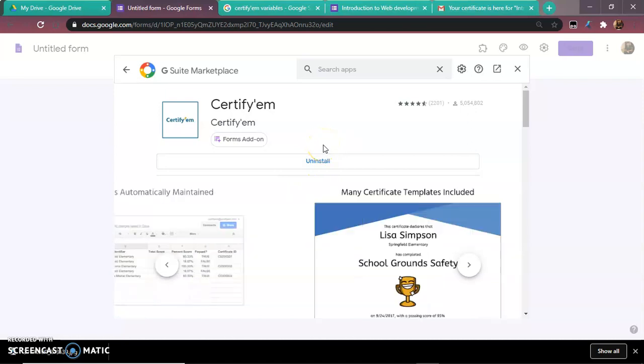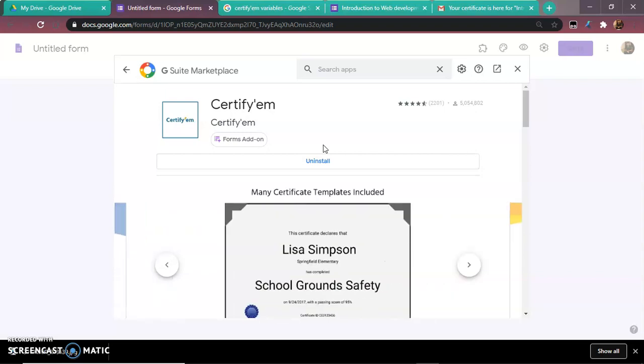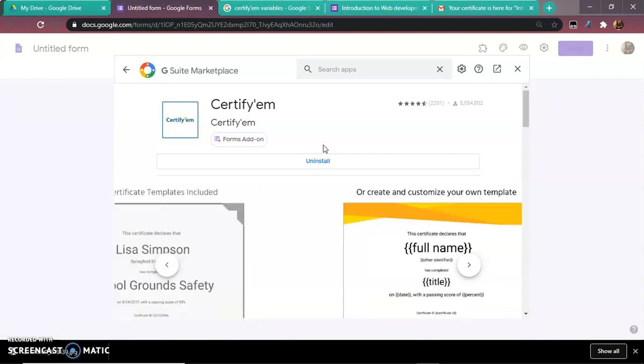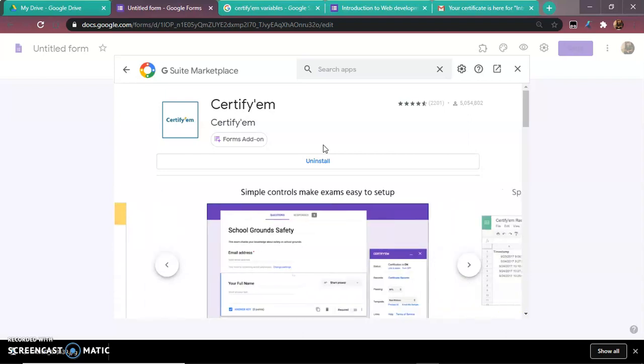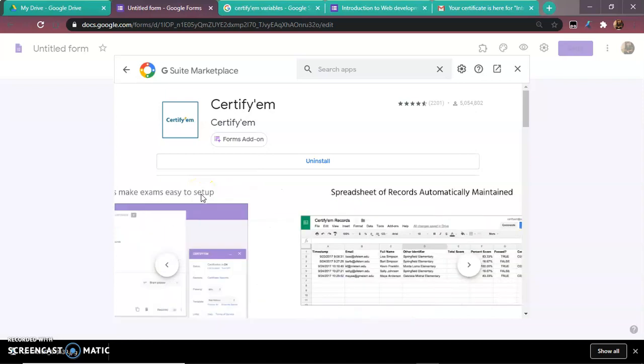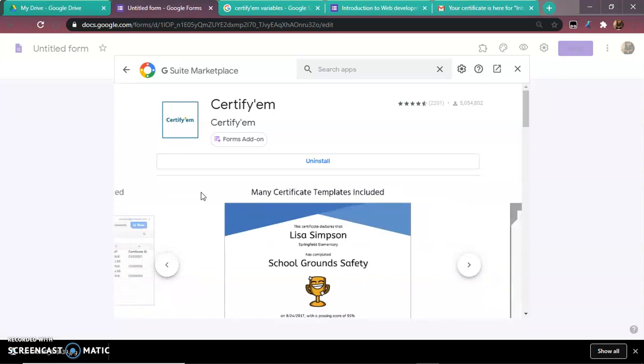Before we install it, it can be done in two ways. If you have signed in to Google Drive using a business Gmail account, in that case you can find two options: one is domain install and one is normal install. If you want to install the entire domain of Certify M, you can just click on domain install, doing which you can distribute 1500 certificates per day.